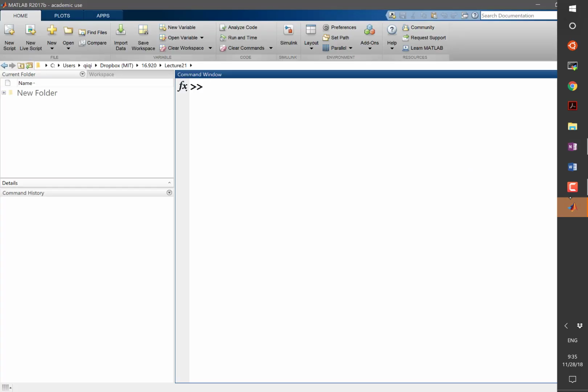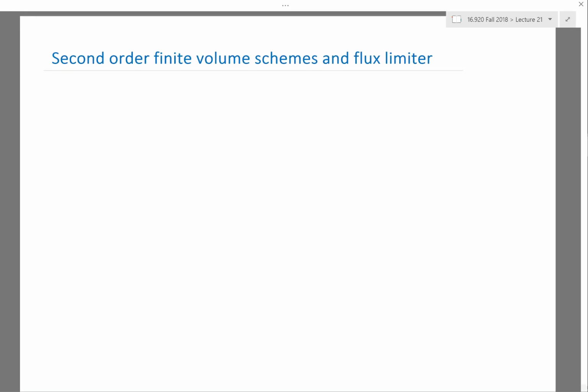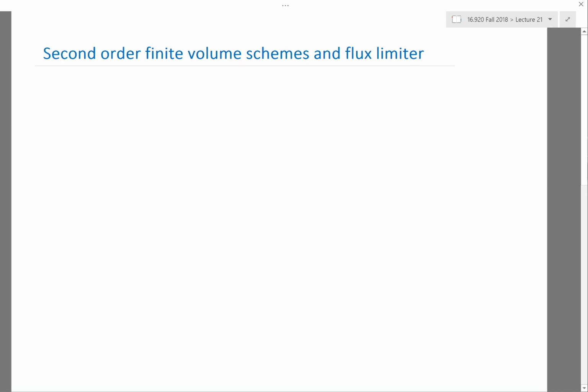For finite volume, one of the more important things we're going to be talking about is how to extend finite volume, specifically shock resolving finite volume, from only first order accuracy to more than first order. Okay, so to start, let's review a little bit of finite volume, particularly for scalar conservation